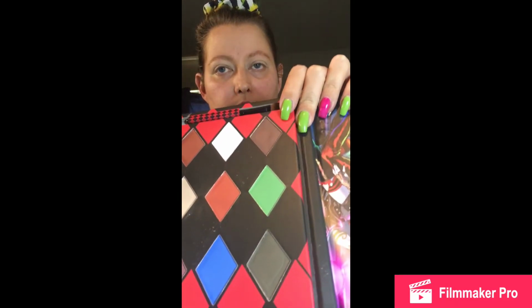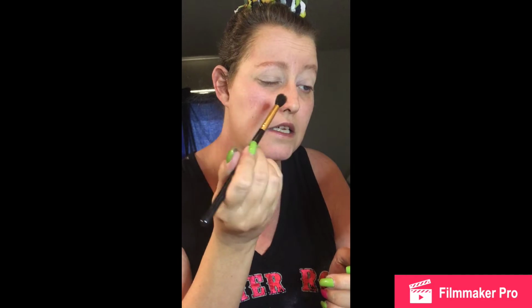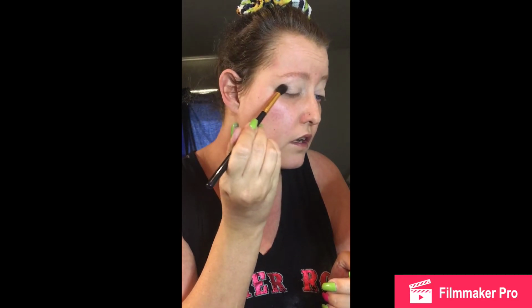So next I'm going to use a BH Cosmetics 101 fluffy brush. I'm going to go into the dark brown right here, this one. I'm just going to tap it a couple times, tap off the excess there, and I'm going to start by placing this on the outer corner